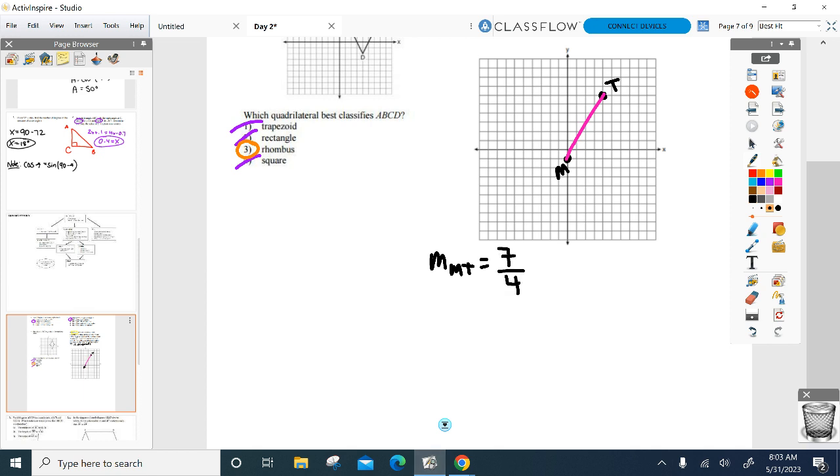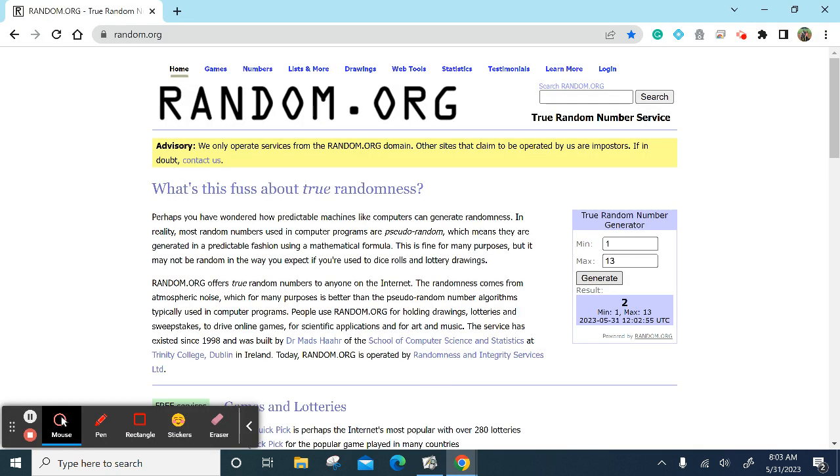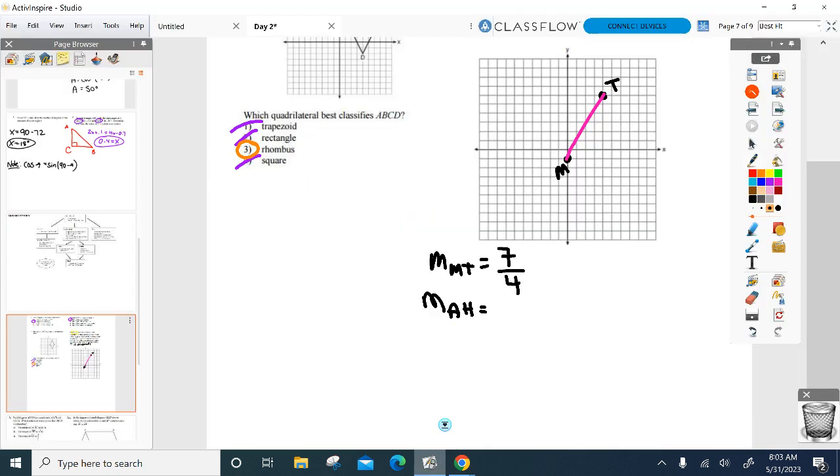7/4. So that must mean, what's the slope of the diagonal we're trying to find? AH. We know they're perpendicular because it's a rhombus, and darn it, I know my properties. What's got to be the slope of the other diagonal? Great job, Sophie. -4 over 7. Done. All right, I have the slope. What's the only thing I'm missing for this line from yesterday? What's the only thing I'm missing now? I have the slope, and the only other piece I need is the